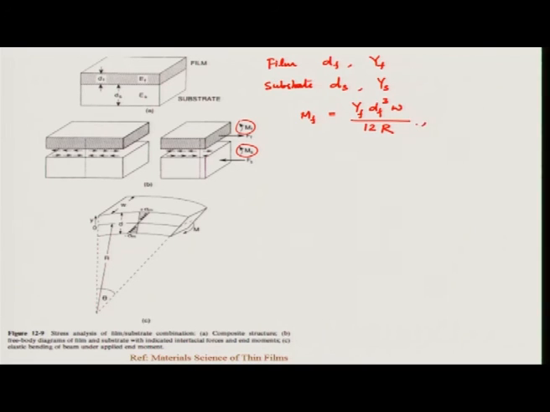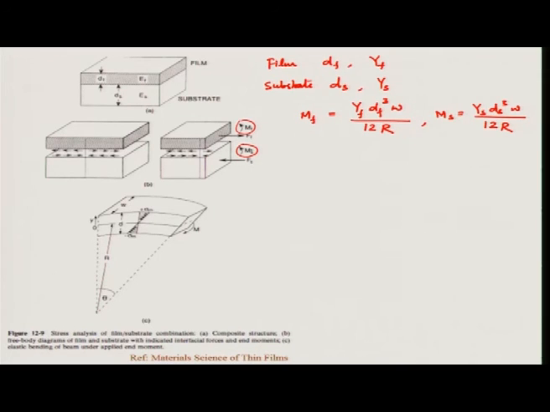Similarly, Ms can be given as Ys ds cube w divided by 12R. Now these two bending moments together should be equal to the force, these equal and opposite forces Ff and Fs. Since if we do a force balance, these forces are equal and opposite, so we